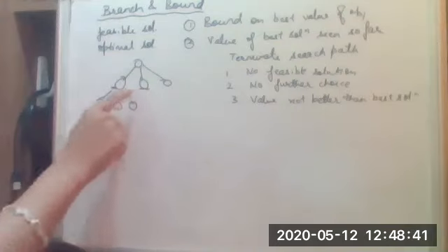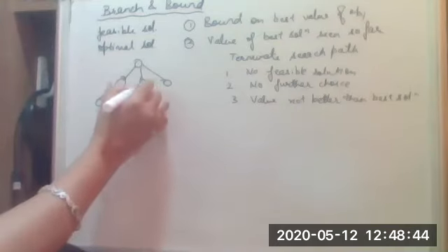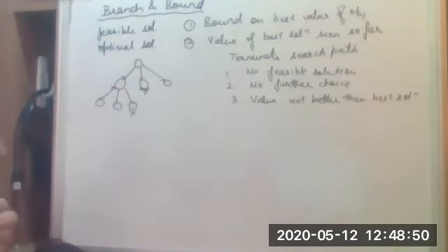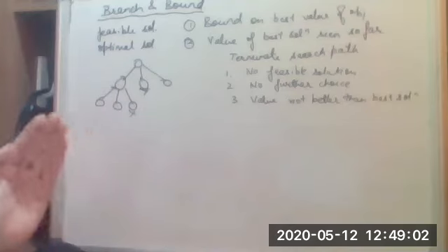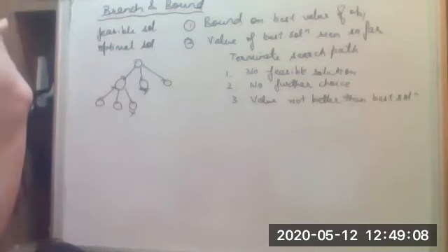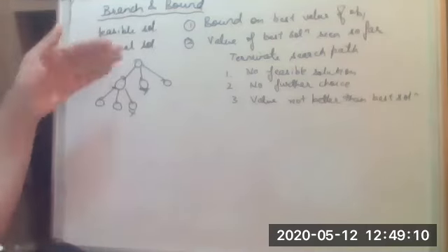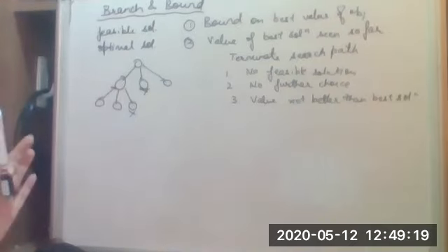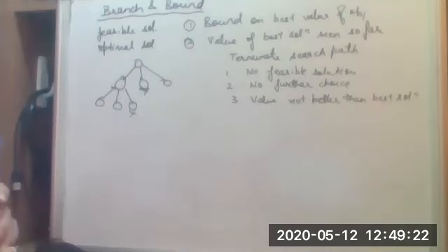At any point of time, we are going to prune or bound a particular node based on three conditions. That means we are going to terminate that search path based on three conditions. First is when the solution is not feasible, so it does not meet the criteria for feasibility of the solution. Then we terminate that. The next one is that there is no further choice from that node. You have reached the end and you have not got the solution, and it is also not a complete solution. So we are not going to check further.